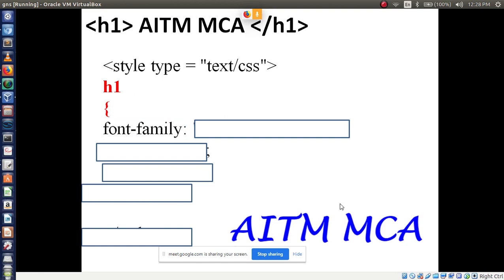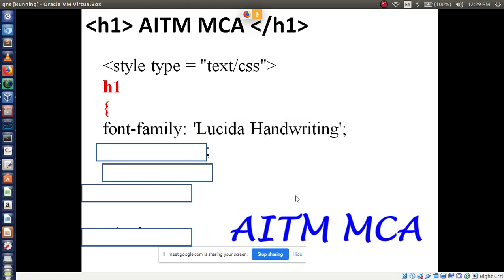Font family. With the help of this font family, we can change the style of the font, right? It looks like a style. So which style am I using? Lucida handwriting, it belongs to font family, so I am using this.